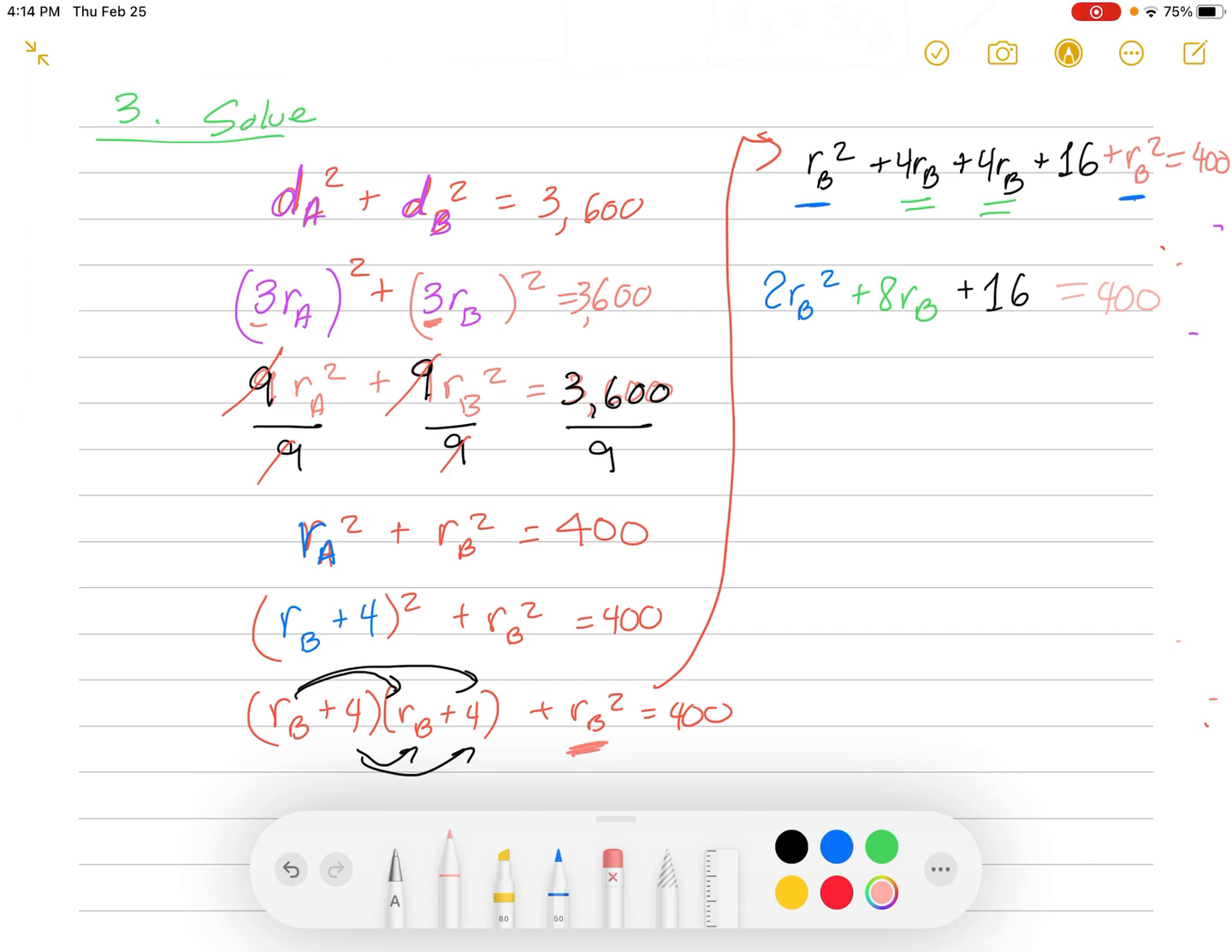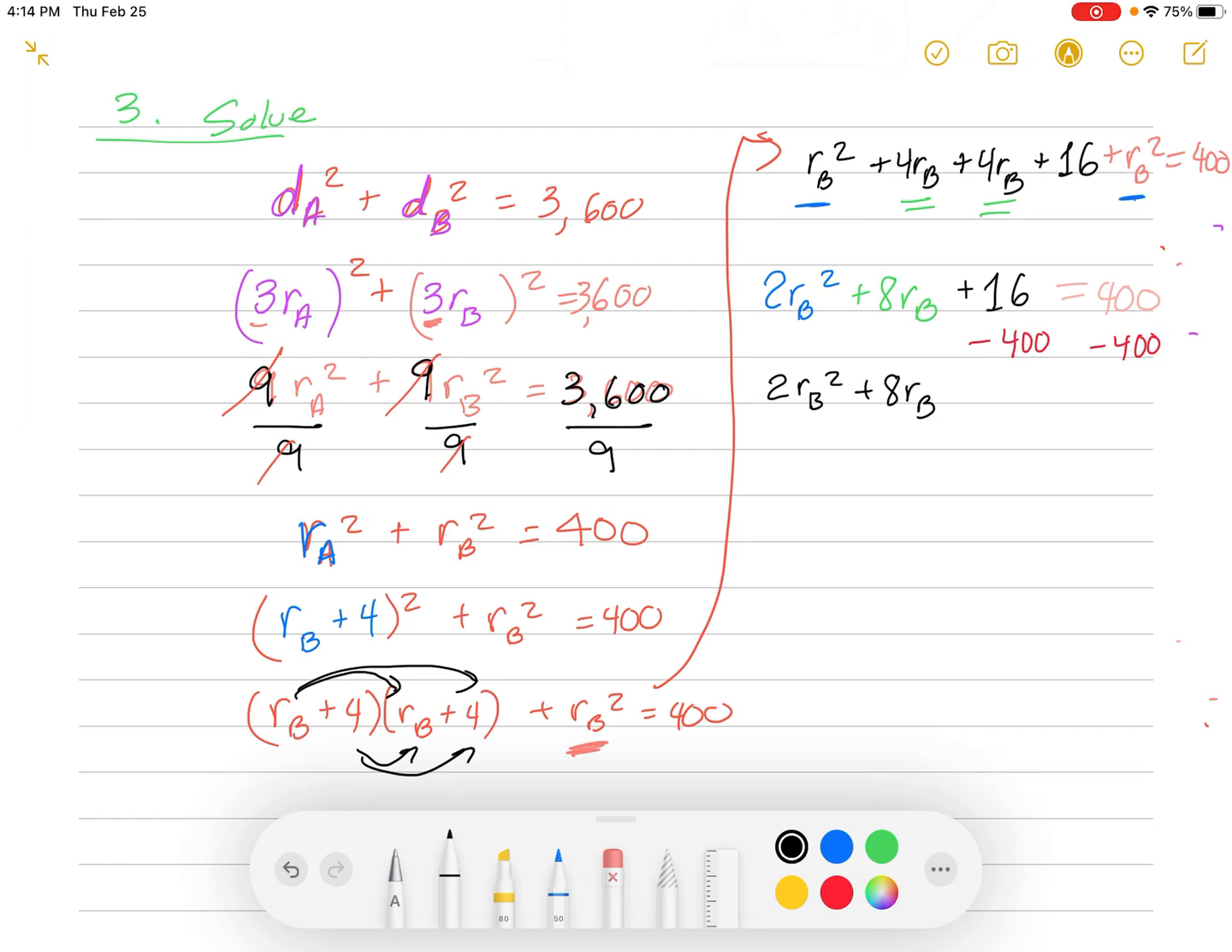So notice what kind of equation we have. We have a quadratic. Remember, when you have a quadratic, you want to get 0 on one side and everything else on the opposite side. So we want to get rid of this 400 on the right side. We're going to subtract 400 from both sides. So I'm going to subtract 400 from both sides. I'm going to get here